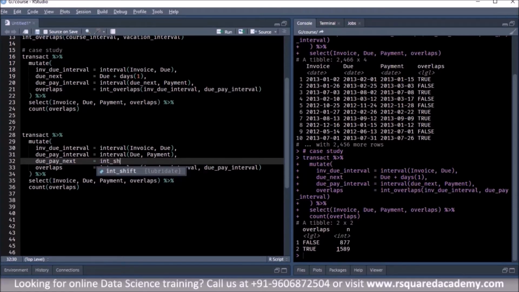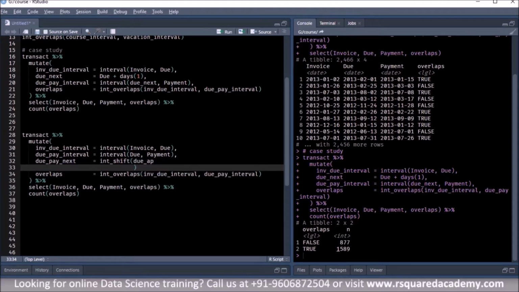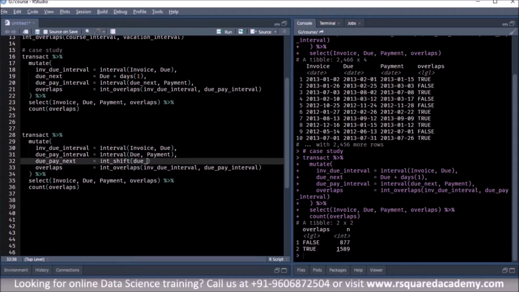Int_shift, take the interval which you want to move, which is due_pay_interval, and then you specify by how many days you want to move it forward. So use the by argument and specify that you want to move it forward by 1 day.